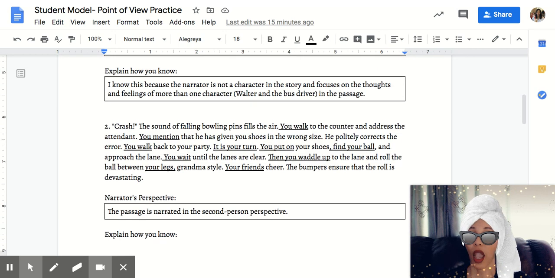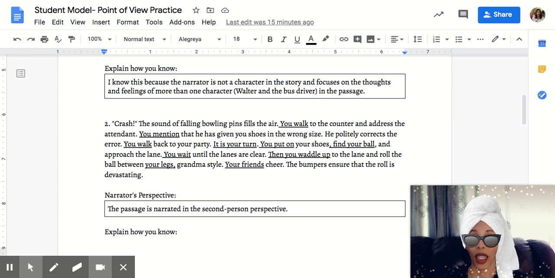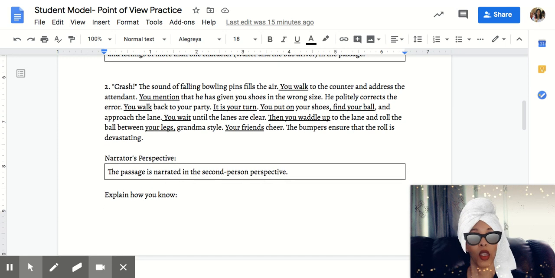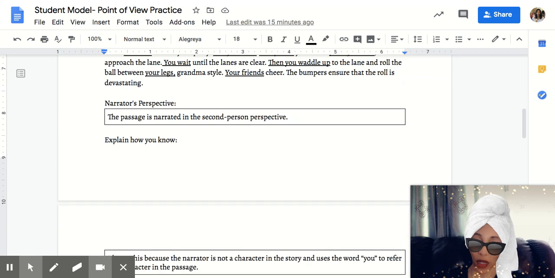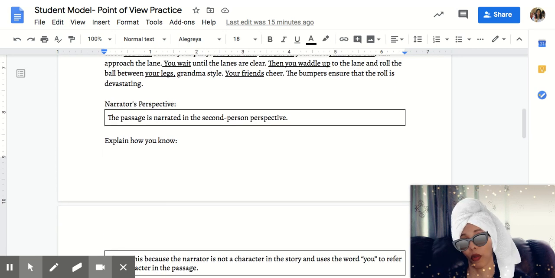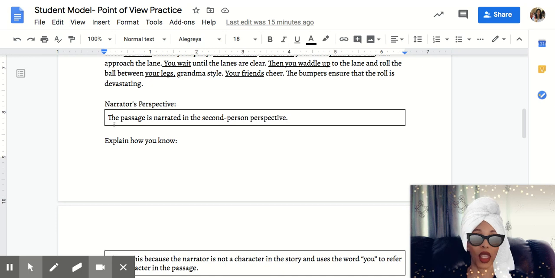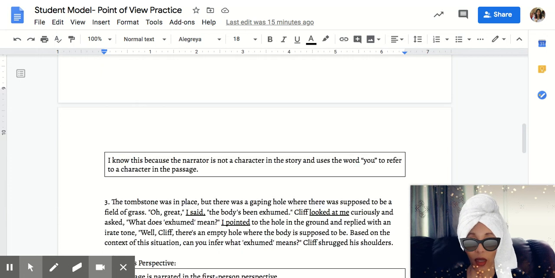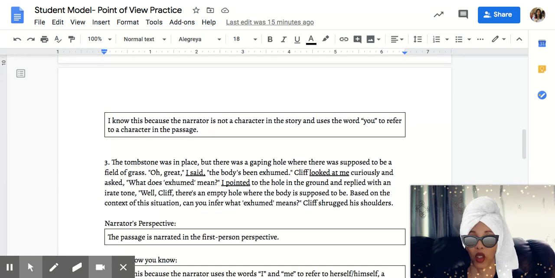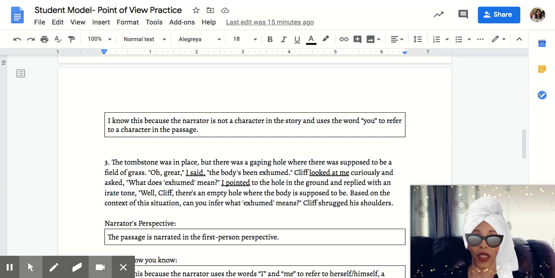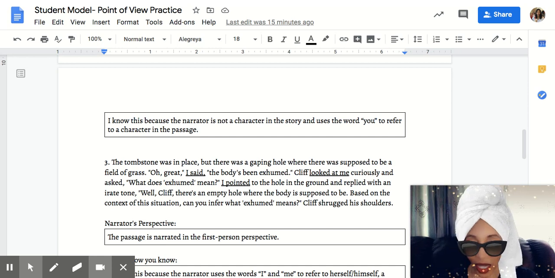Now, you are not required to annotate any other point of view in the passage except for third person. This student wanted to make sure that she knew and demonstrated that this was truly second person point of view. Explanation again begins with a capital letter. It is a complete sentence, ends with ending punctuation. Even in the answer and then the explanation clearly demonstrates that this student understands the viewpoint, second person point of